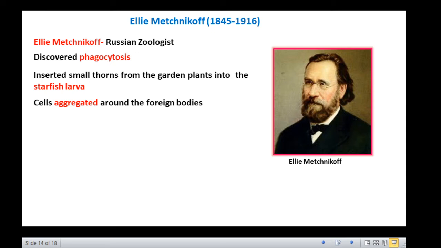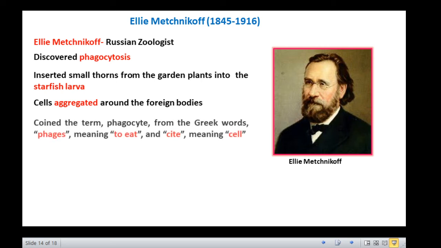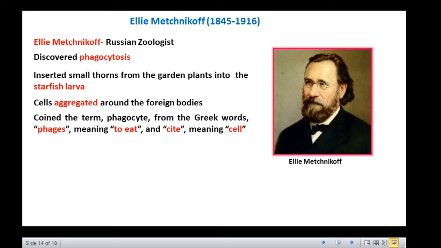He theorized that under appropriate conditions, protected cells within an organism would mount an immune response by attacking and ingesting foreign matter. Metchnikoff coined the term phagocyte from the Greek words phagous, meaning to eat, and cyte, meaning cell. But phagocytosis, the cellular basis of immunity, took a temporary backseat when German scientist Emil von Behring discovered humoral immunity